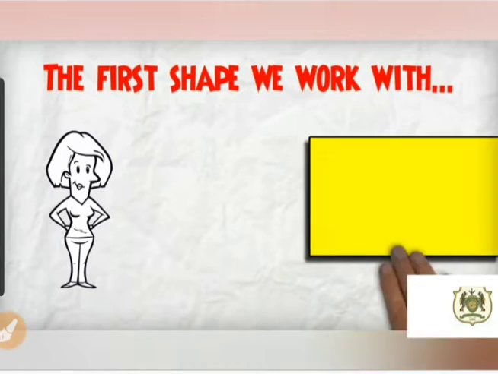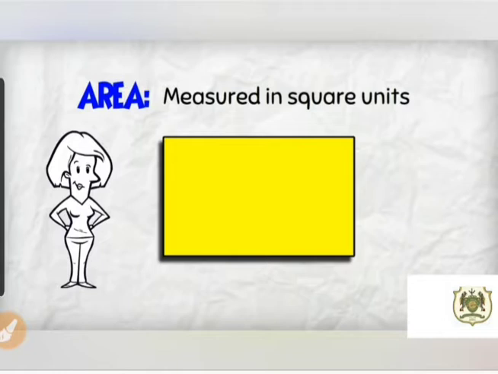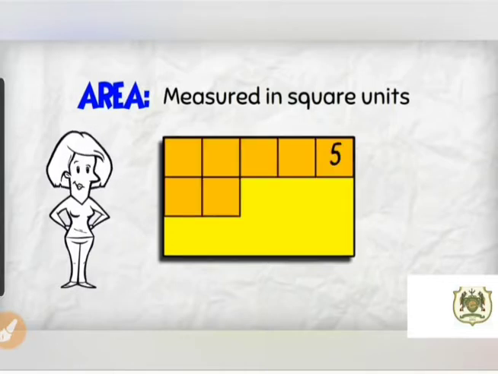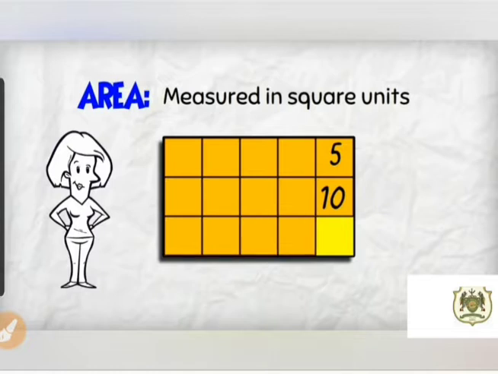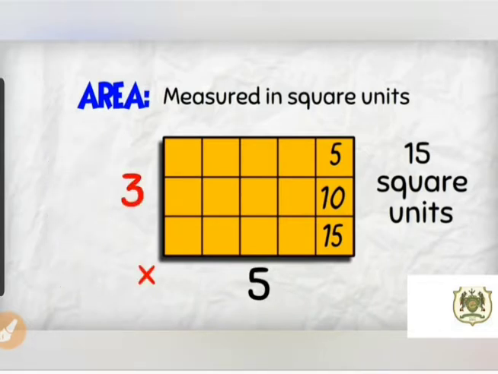The first shape we work with is the rectangle. Area is always measured in square units. So here I am going to divide this rectangle into various squares. Here I have divided a rectangle into 15 small squares, or you can say 15 square units. I have 3 in its width and 5 in its length. So, to calculate the area, I am going to multiply 3 into 5, which gives me